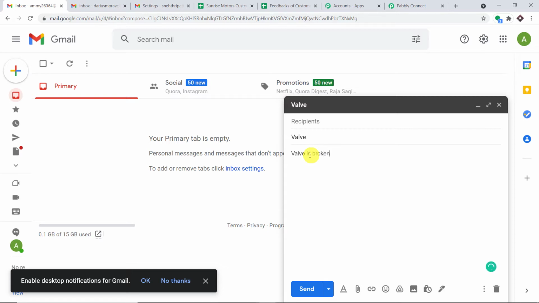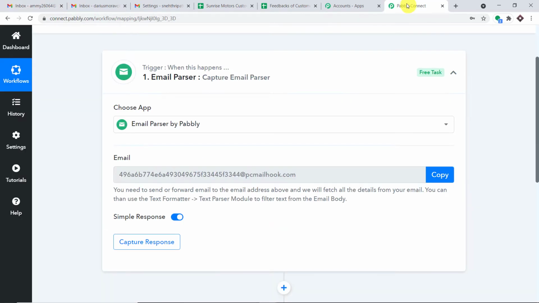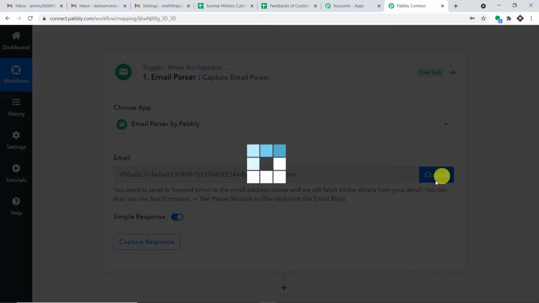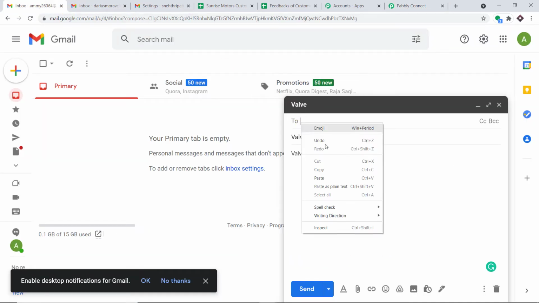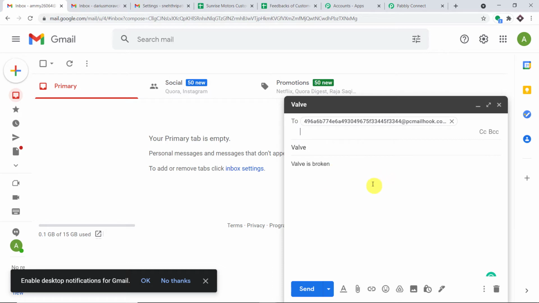Okay, and this is the subject, this is the body, and we have to add a recipient. Now this is the recipient that I want to add. As you can see, this is again a very unique email address. I'm just going to copy this and paste it here. So basically when I click on save and send, this message will be sent